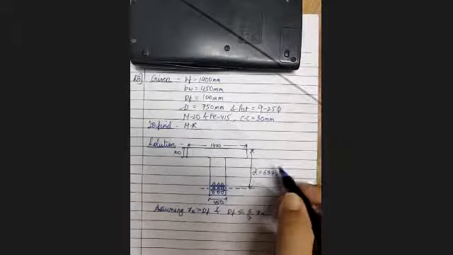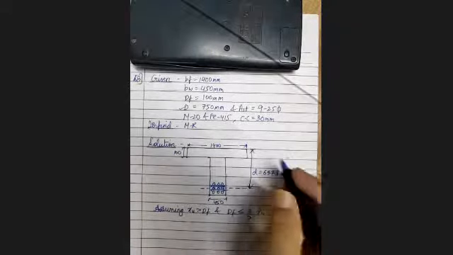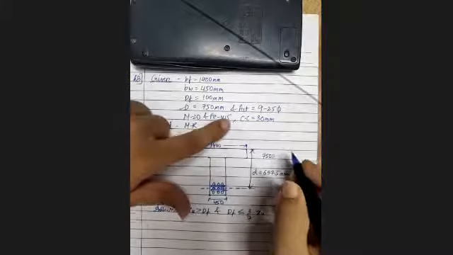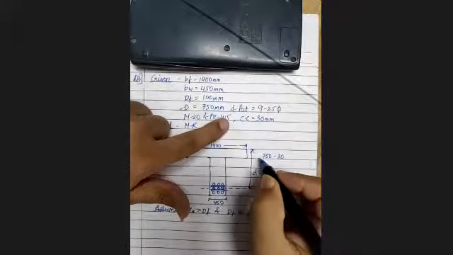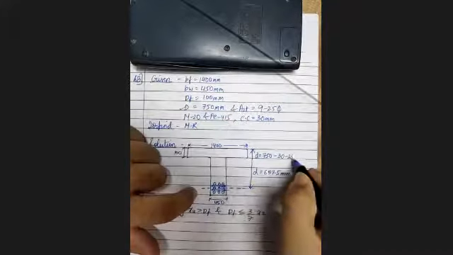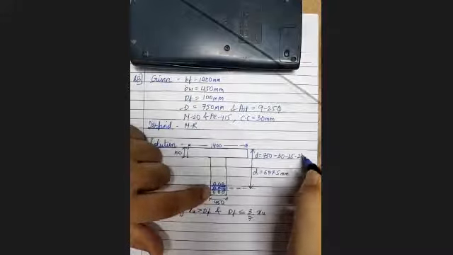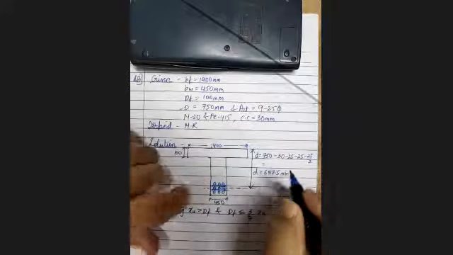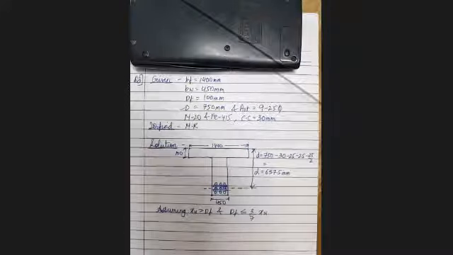So effective depth, okay, overall depth how much is it? 750. So total 750 minus clear cover, which is given to us in the question, 30 mm. 750 minus 30, and how much is the bar? Minus 25, or minus 25 is the separator bar, minus 25 by 2. So how much this is coming is your effective depth.